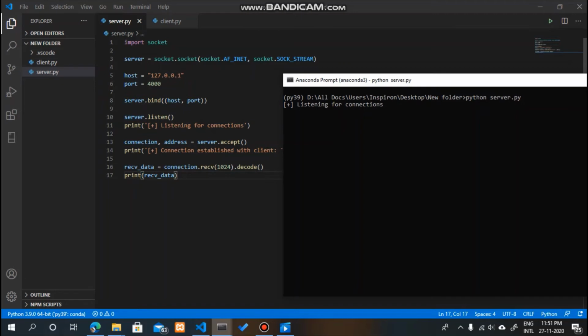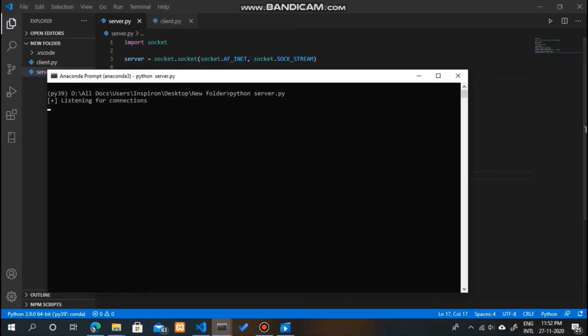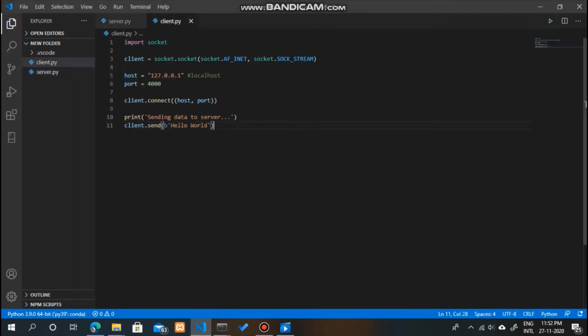Since there is no client that is trying to connect to the server, it is waiting for those connections, and after it gets those connections from those clients, it will accept them and then execute the data later on.